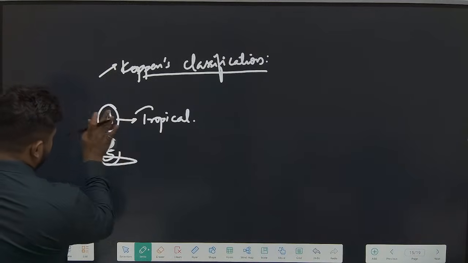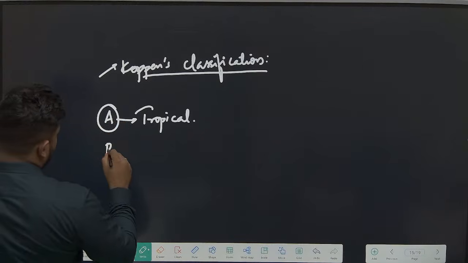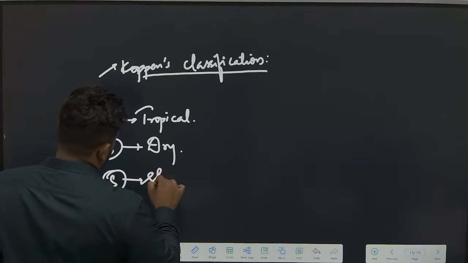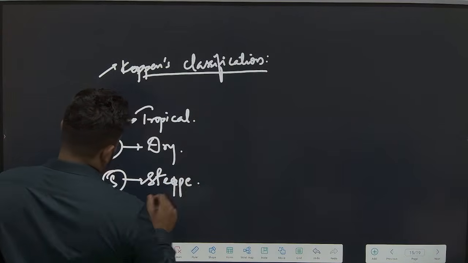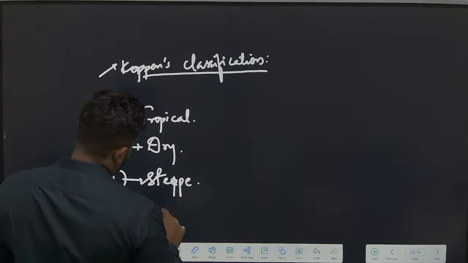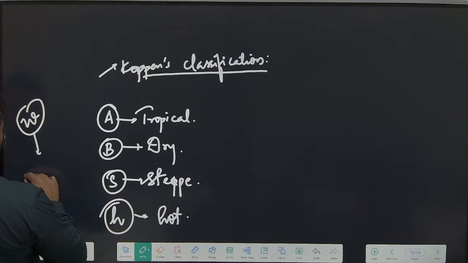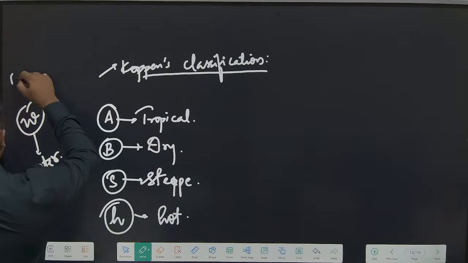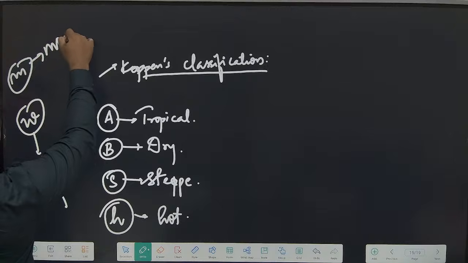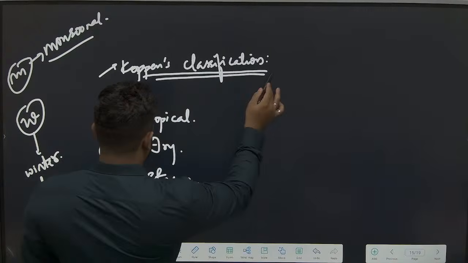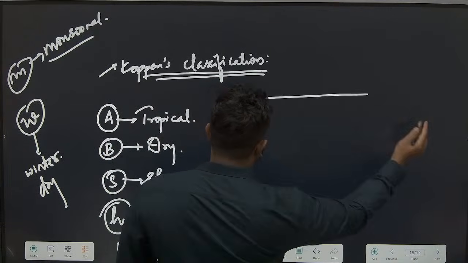A, and above that B. What about B? B represents dry, S represents steppe, H hot, W winter dry, M monsoonal. According to Köppen's classification, Karnataka's climate can be demarcated into